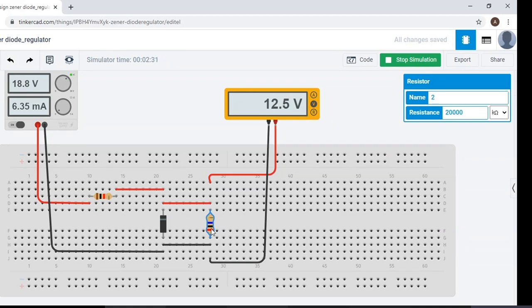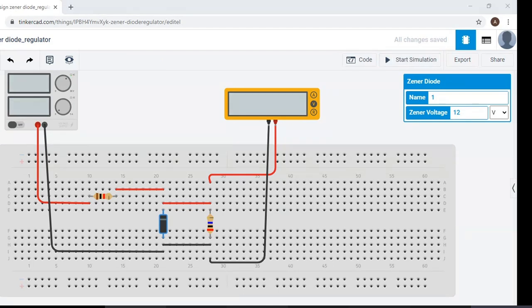Means whatever be your load resistance value, it is not affecting your output voltage, that is the voltage across your load resistance. So this output voltage is dependent on your Zener breakdown voltage, that is 12 volts in this case. So for your observation table,